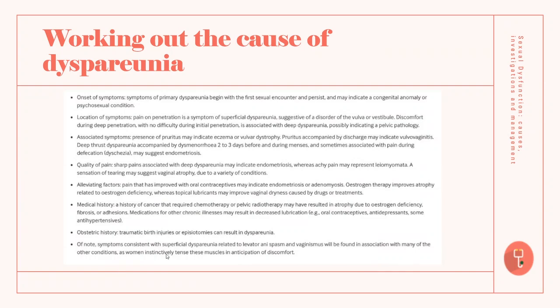And then just this bottom point, so symptoms consistent with superficial dyspareunia related to levator ani spasm and vaginismus will be found in association with many of the other conditions. So basically all that's saying is, if they're having symptoms that sound like vaginismus, where they're having this sort of involuntary tensing, you can have those symptoms with a lot of these different things,